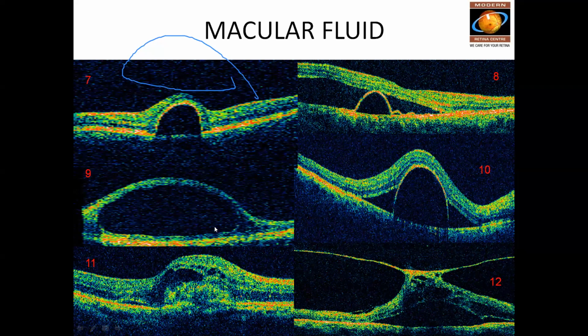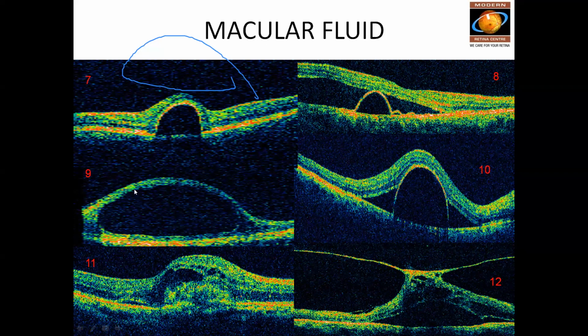One more thing they asked previously, somebody has asked how to differentiate serous from hemorrhagic. In one of these images, the RPE is normal, like the underlying tissues are normal. If the underlying tissues cannot be seen, then it is a sub-RPE hemorrhage. In the PEDs, all three PEDs, the underlying retinal tissue can be seen. So they are most probably serous PEDs.